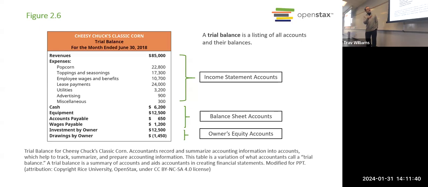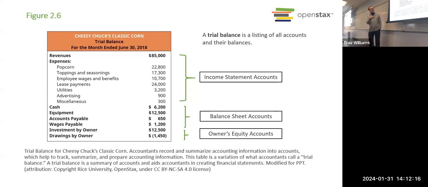Then the expense accounts. You see the company has quite a few different expenses. Each account's balance is listed there. So we know how much expense the company had in June in each of those areas. And by the way, those are the accounts we would use for making the income statement, right? Revenue, expenses, and then if there were any gains or losses, those would go on there too. And so it's pretty easy when you already have a trial balance to then make your income statement.